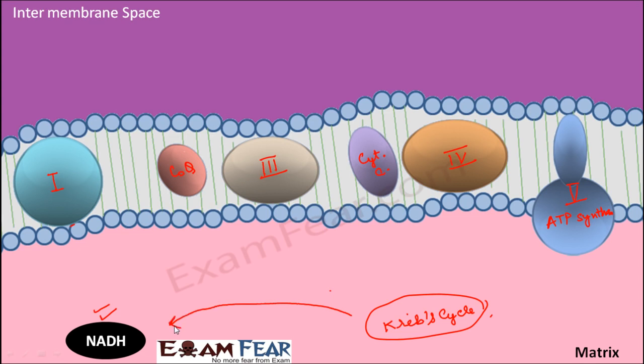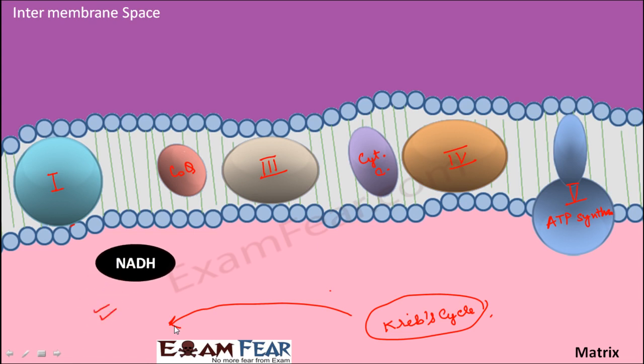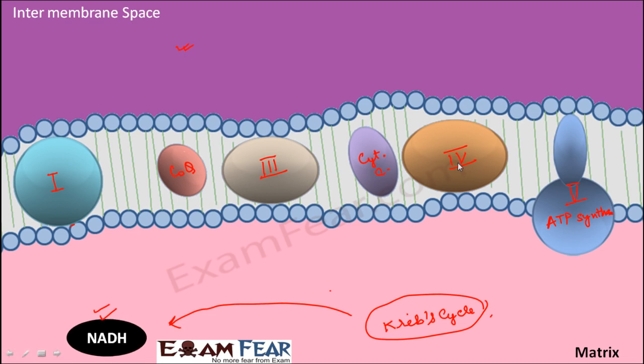Now what is going to happen at the start of the electron transport system? This NADH will go and bind to complex 1. As soon as it binds to complex 1, it will release electrons and protons. The protons which it releases will go to the intermembrane space, as you can see here. So the protons get carried to the intermembrane space. And what happened to the electrons? Just now we saw that the electrons were carried through all of these. If you want to view it once again, let's see that.